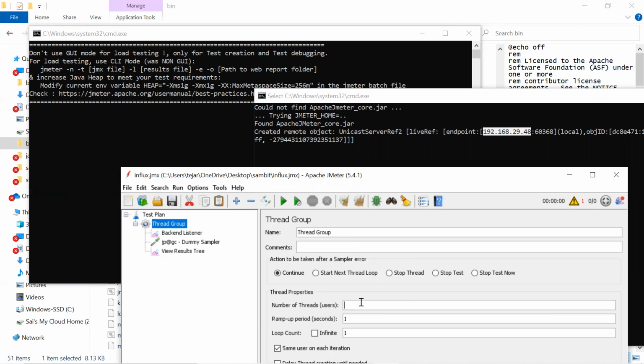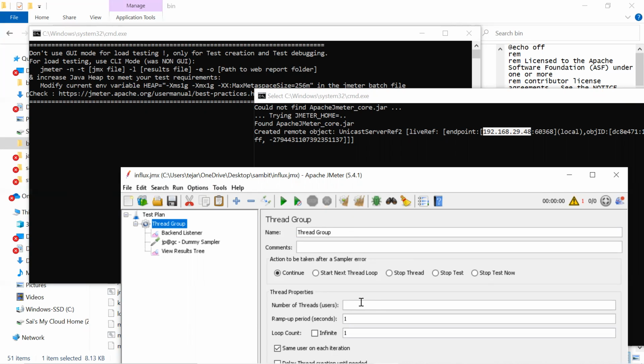Agreed, but the load is not coming equally distributed, right? Is it equally distributed, 10 means 3, 3, 3? No, suppose you have 2 thread groups. Thread group 1 has 2 samplers, thread group 2 has 2 samplers.